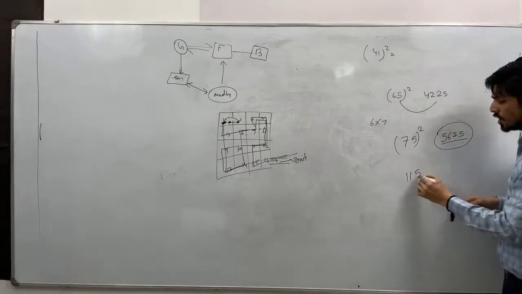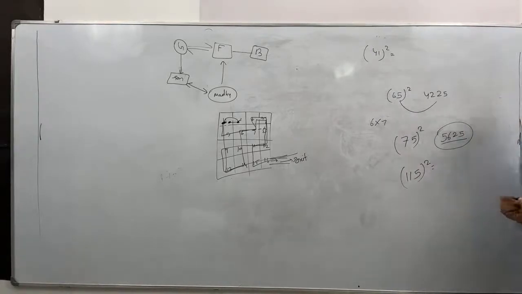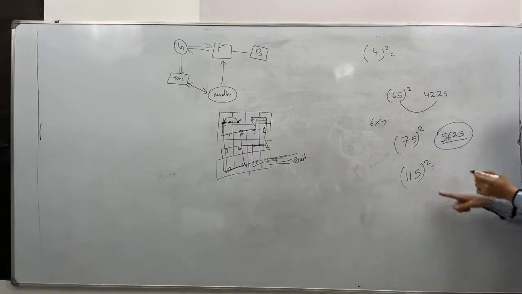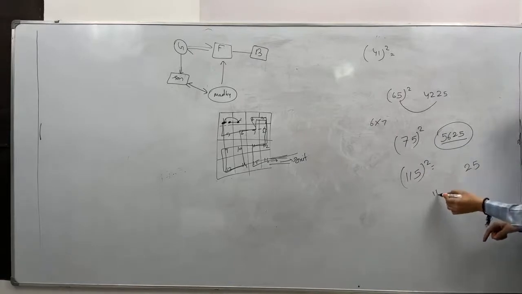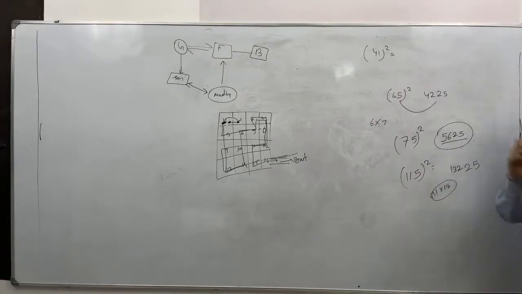Let's say if I ask you, what is 115 square then? 5 square is 25, then 11 multiplied by 12. What is 11 into 12? 132, right? So how will you do? 5 square is 25, so the answer is 13225. This one is 1681. How did you do it? Multiplying or